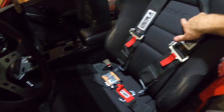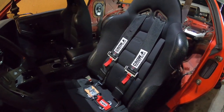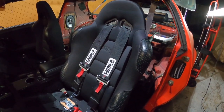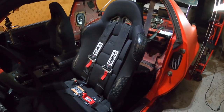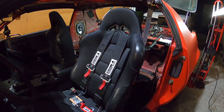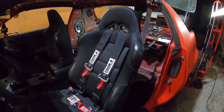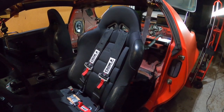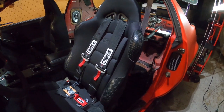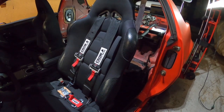These are just Pro Cars by Scat. These are from Summit too. These are relatively affordable also. I can't remember what I paid for them. I've had them since I got the car going. I would like to have a set of like Sparcos, or I can't say the one name, it starts with a C, Cobra or whatever it is, or Bride. Just at this point of the build, I couldn't see myself spending so much money on seats. I think I paid 200 bucks a piece for these, and they're pretty